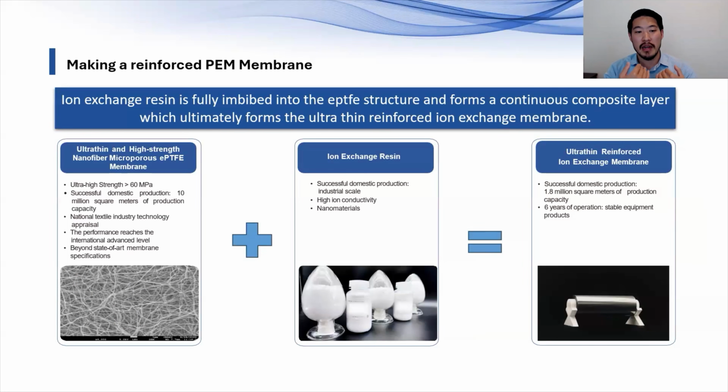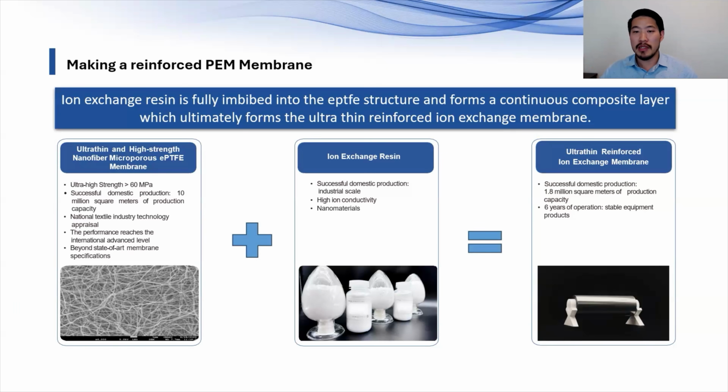Very quickly, Tim, how do you make these membranes? That's a great question, let's get into that. The way we make it here at Hi-Proof, what we use is ePTFE, our original core technology. ePTFE stands for expanded polytetrafluoroethylene. It's like a mesh or some type of membrane that's very strong. Essentially, as you can see here, you take that membrane and add it with resin. This is for a proton exchange membrane. You embed it in there, and then under a lot of pressure and a whole different set of machinery, you're able to create these beautiful rolls of proton exchange membrane.